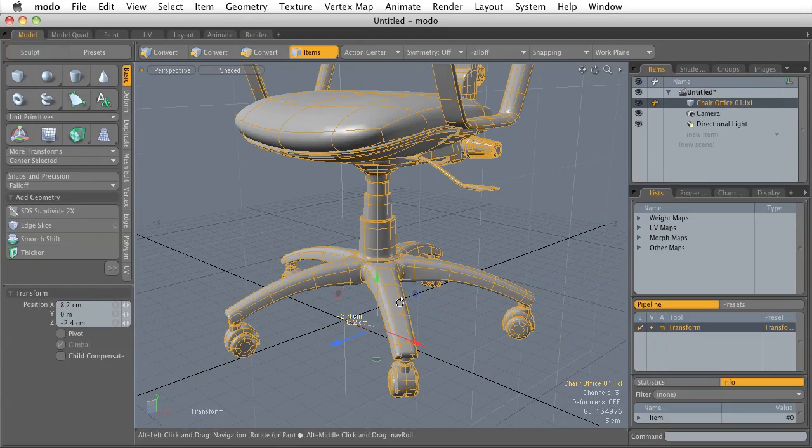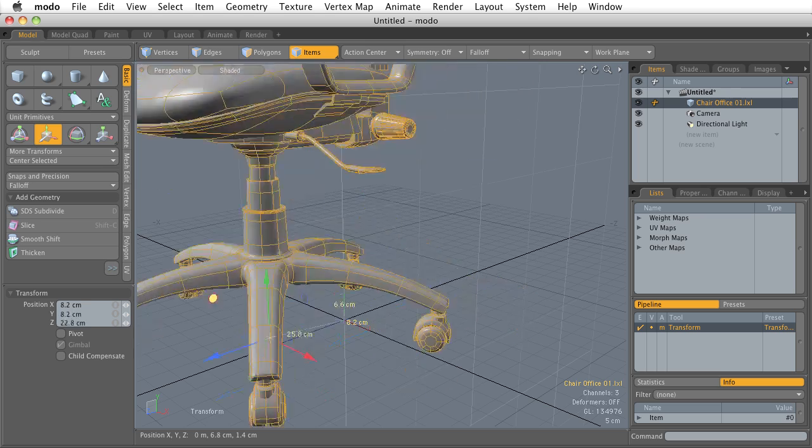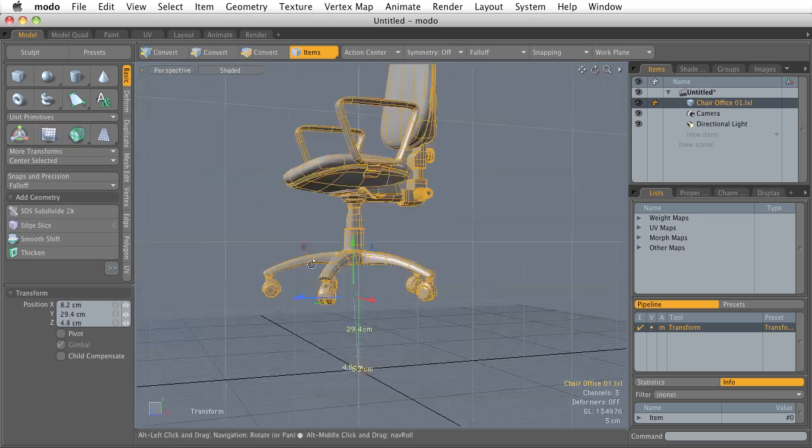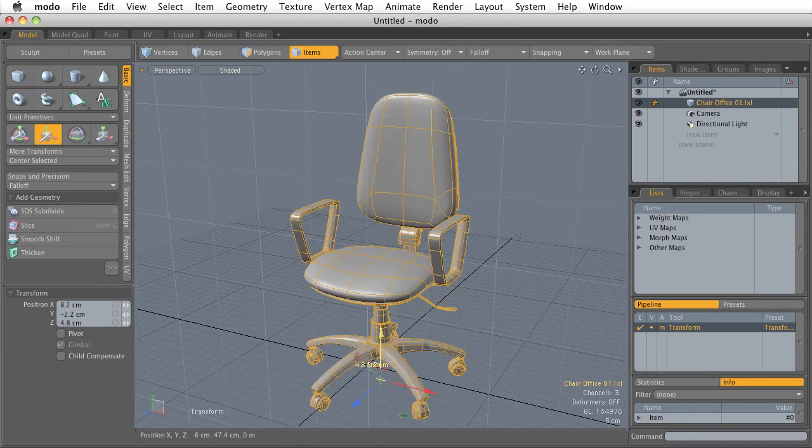Now let's do the exact same thing over here on this coplanar handle. The handle's red, so I know it's not going to move my object on the X-axis. So it's only going to move it on the blue and the green, so the Z and the Y. See? Pretty cool. So now I can move it up and forward on the Z,